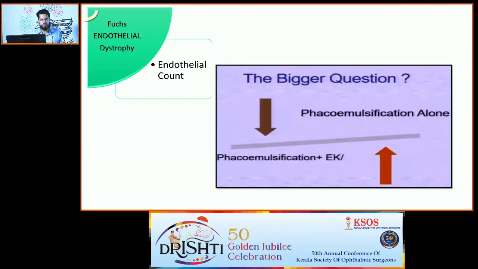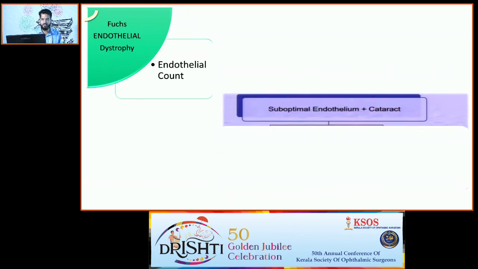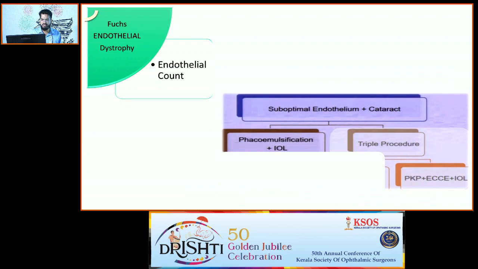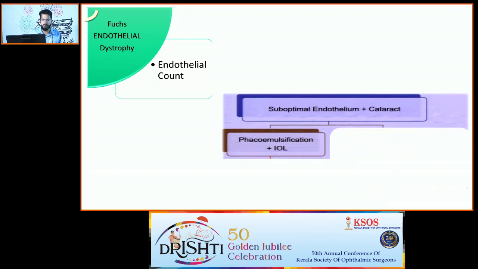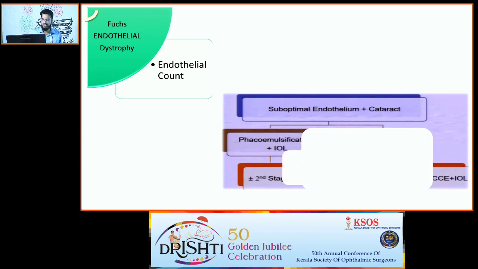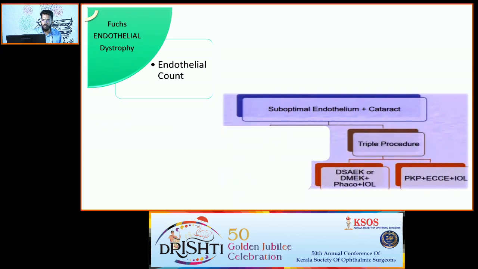And the next question would be about Fuchs endothelial dystrophy, and here the question is whether I should be planning phacoemulsification alone, or should I be combining it with an endothelial keratoplasty? Well, if you have a subtle endothelial compromise with cataract, phacoemulsification can be considered, and then plan a second stage endothelial keratoplasty. The next thing would be, when do I go about with a triple procedure? I can plan DSEK with phaco, or I can plan PKP with